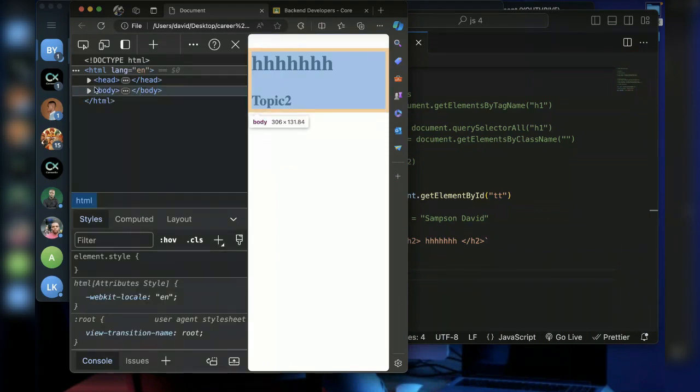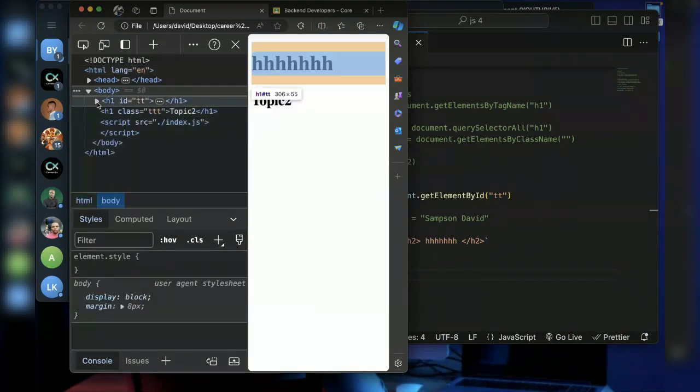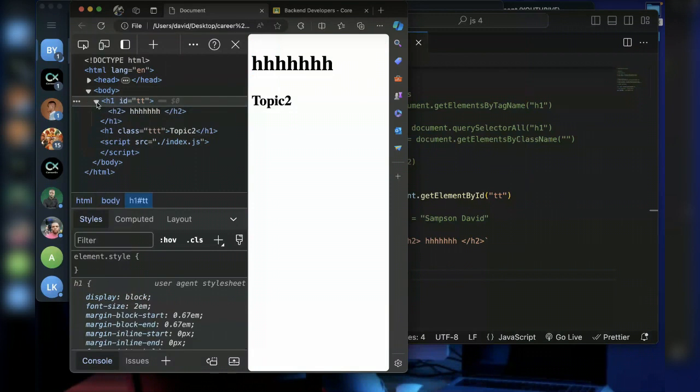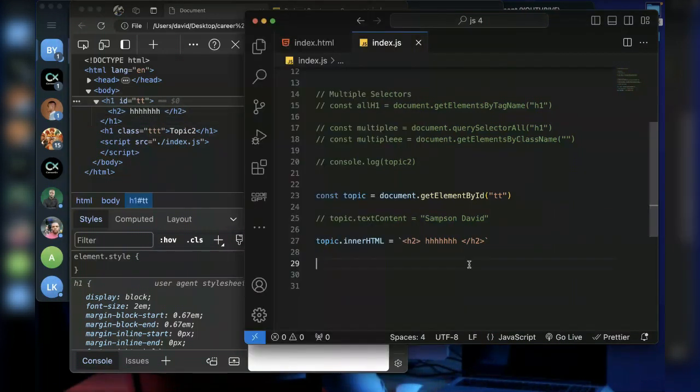Because if I open up this body tag and open up my HTML, now you see I have my H1 here, but inside the H1, I have another tag, which is the H2. And this is coming from JavaScript. So these are the two ways to actually change the content of a tag after you have selected it.